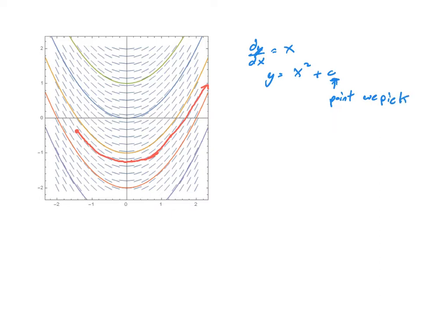But the idea here is that dy over dx, this is our function, that's our slope. And that's going to be very important when we talk about Euler's method, our first numerical technique. Because you can almost see what the idea is, right? We're going to pick any point and then just follow that point along.